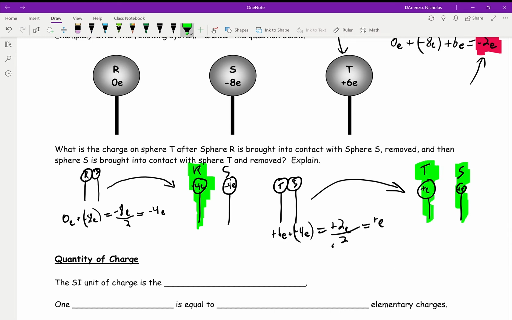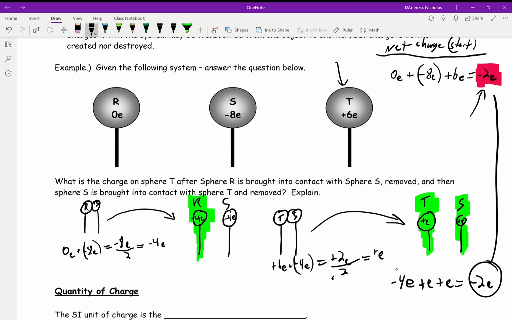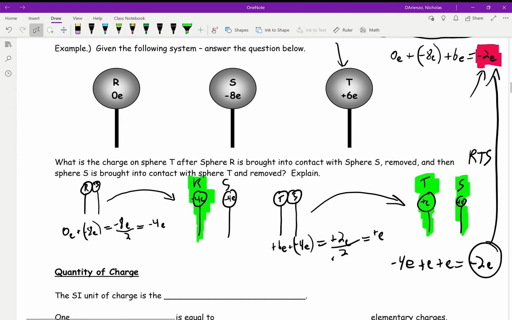We're going to look at the conservation of charge amongst these three spheres. So what we have here from R is a minus 4e, and on T and S we have a positive e and a positive e. And this comes out to a total of minus 2 elementary charges. And if we compare it to what we started with, this remains the same. So we conserve charge